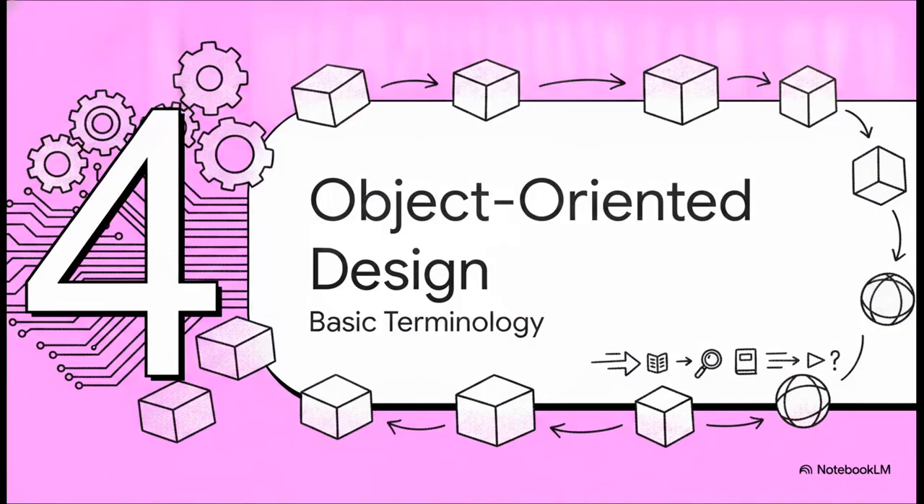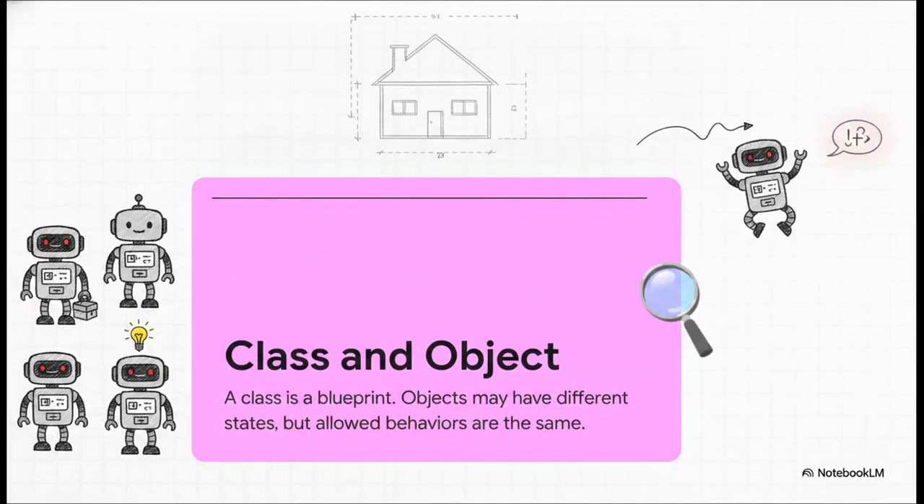Okay, Section 4, Object-Oriented Design Basics. To actually build these interfaces, programmers rely on object-oriented concepts. And let's kick off this quick glossary with classes and objects. A class is simply a blueprint, plain and simple, while the objects are the actual concrete instances built from that